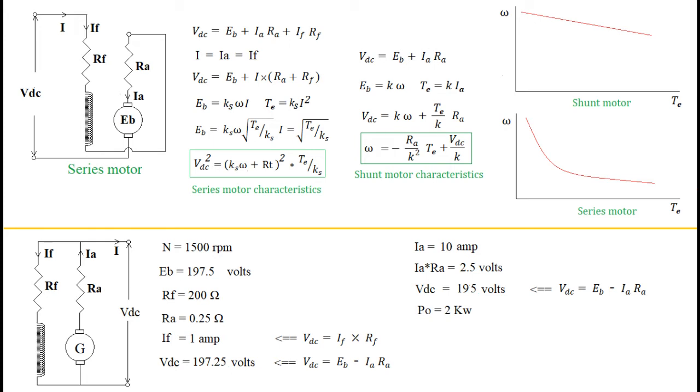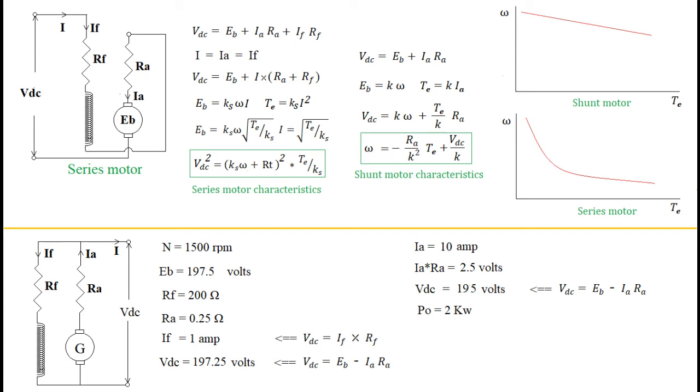Now first consider conversion of the second torque equation in terms of current I. This is the equation for current I represented in terms of torque. This equation of current I is used to substitute the value of I in the equation for Eb. Now we have two equations, one for Eb and the second for I. These equations would be used for substitution in the first equation in VDC. After substituting the value of Eb and I in the equation, we get the characteristic equation for the series motor.